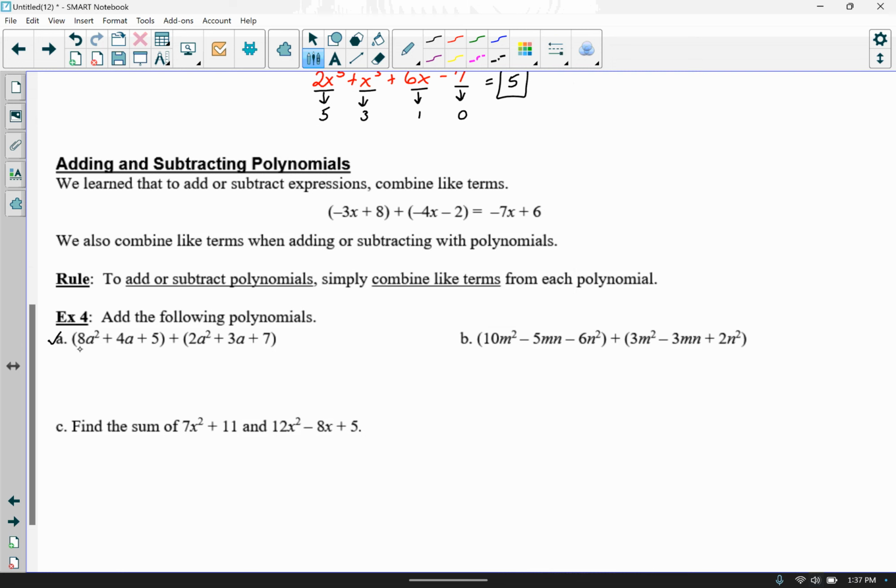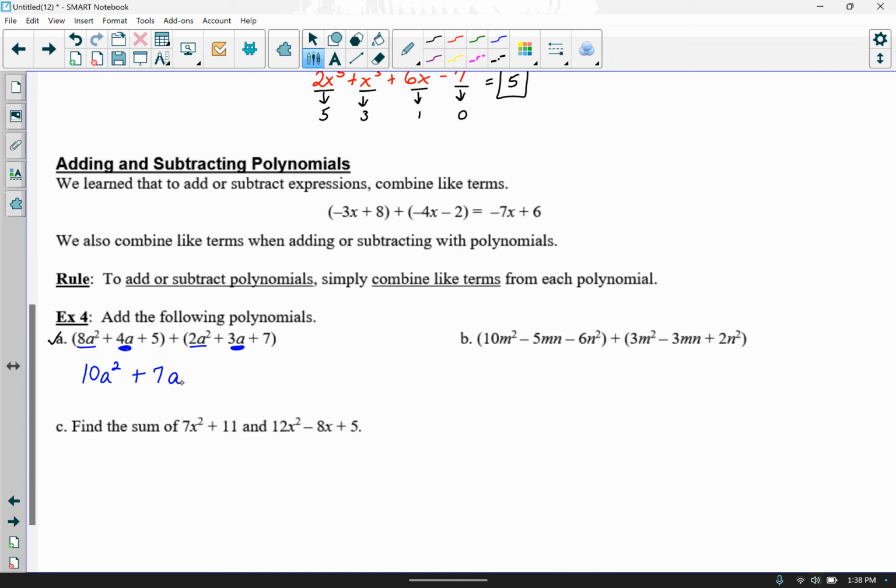All right, so I've got an 8a squared in the first parenthesis and a 2a squared in the second parenthesis. They have the same variable, the same exact exponent, so those are considered to be like terms. I combine them, so 8 plus 2 gives me 10, and then you keep that variable part, okay? Then move to your next term. I've got 4a and 3a. Combine those. 4 plus 3 gives you 7,